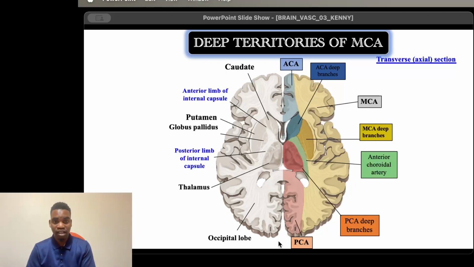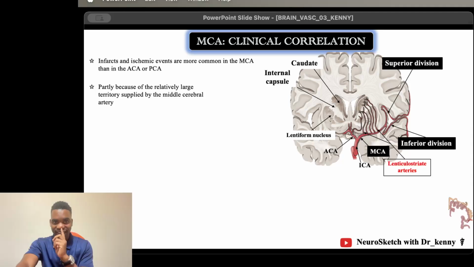So it supplies the bigger part of the cerebral hemisphere on the lateral surface, except, as I've said, the narrow strip that will be supplied by the anterior cerebral artery, and the narrow strip on the posterior side, which will be supplied by the posterior cerebral arteries. I think now it's fair to discuss the clinical significance, or clinical correlation, of the middle cerebral artery. First things first,